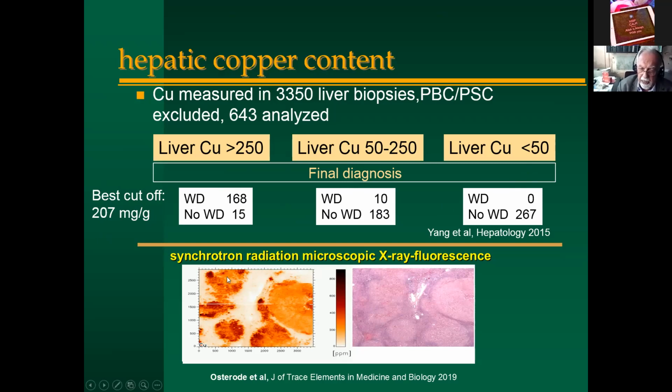In the lower part of the slide, you see my own data, a different way to measure copper, the synchrotron radiation microscopic X-ray fluorescence. And you see here the picture of a cirrhotic liver. And the important point here is brown is copper in this slide. And you see it's patchy. So if your needle gets in here, your copper may be normal. And if the needle gets in here, the copper may be very high. I think this is something to be considered, that has a very high sampling error, and you may have to do 2 passes of liver biopsy to be in a good range of diagnostic reliability.